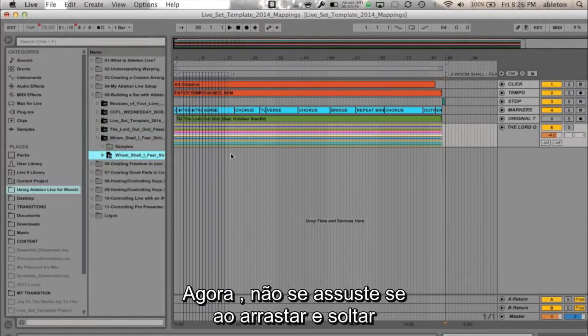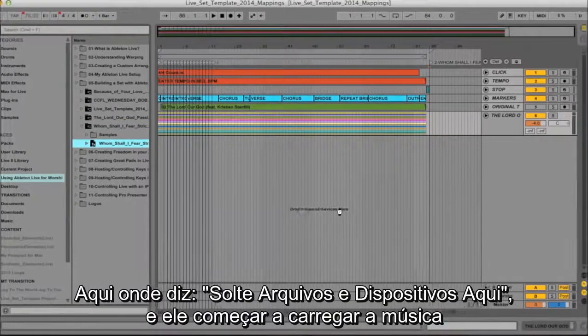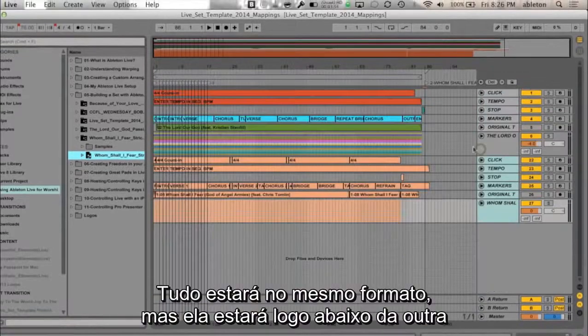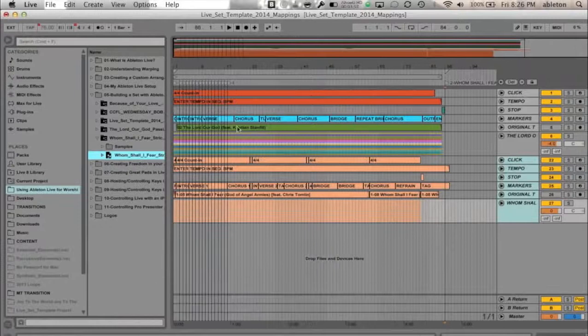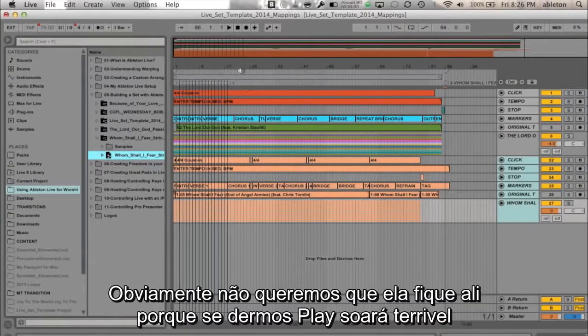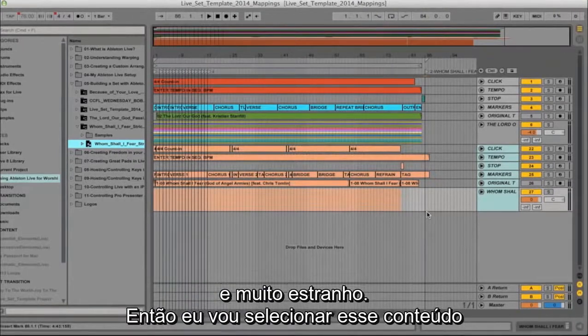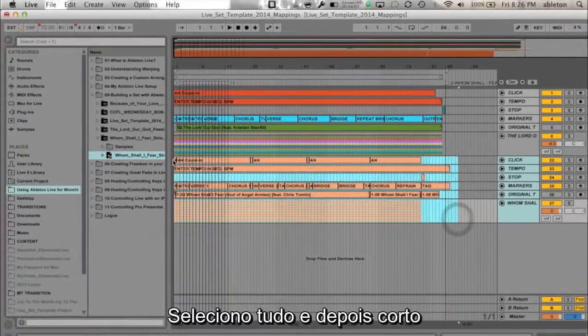Now don't be alarmed if as you're doing this and you go to drag it in, you drop it right where it says drop files and devices here, and it's going to load in. You see everything is the same format, but it's going to load in right below this one. Now obviously we don't want it to stay there because if we played it, it would sound awful and terrible. So what I'm going to do is just select this content, select all of it, and then I'm going